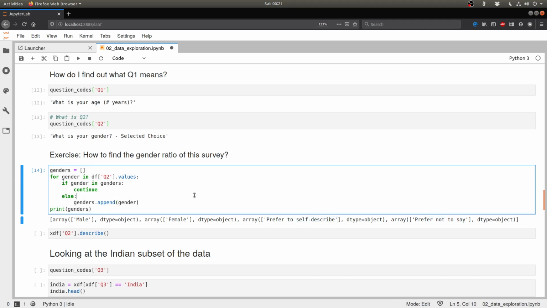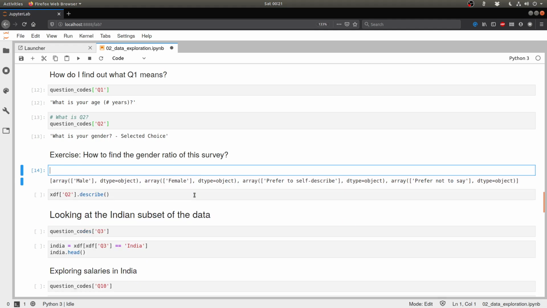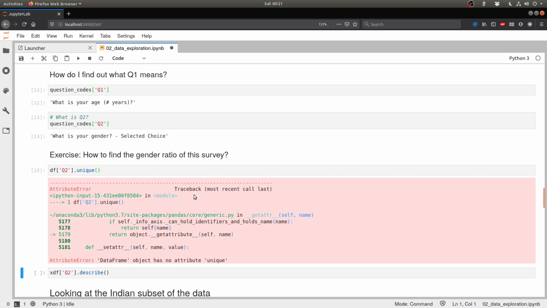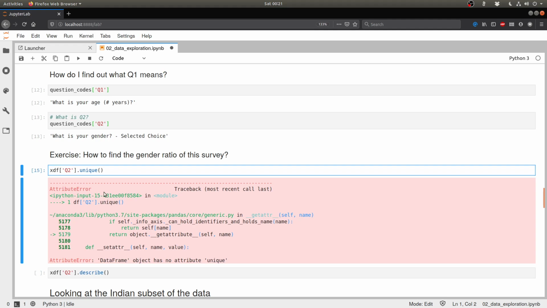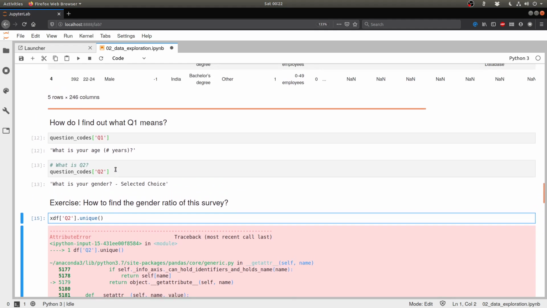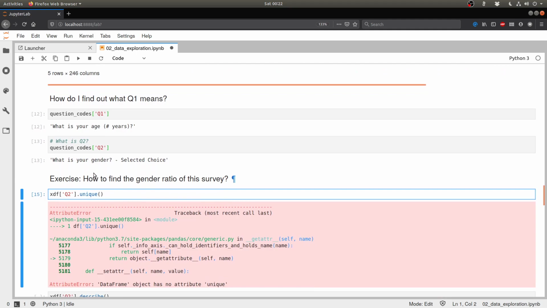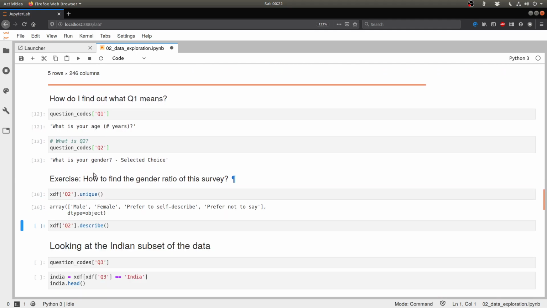Now, one easy way of doing that is instead of all of this for loop jugglery, I can simply do df q2, which is my column, and I can simply do a unique statement on it. Well, same data frame attribute. Oh, of course, we had xdf, not simply df, because xdf was something that we created after dropping the first level of hierarchy. So let's do it on xdf, and there it is. So we get the same 4 values back again, this time without using the for loop.